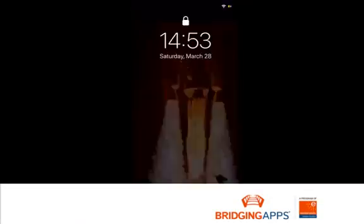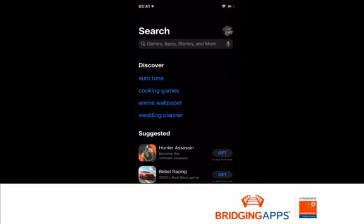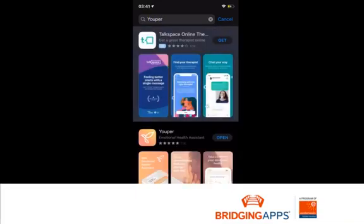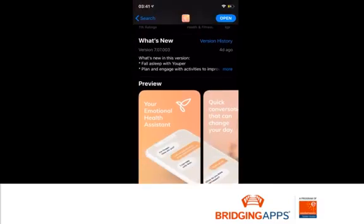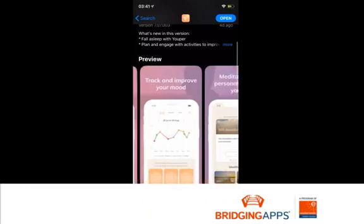For today's tech tip, I'm going to talk a little bit about the app called Youper. Let me switch my screen here. I'm using an iPhone. I'm going to open up the App Store here and type in Youper, Y-O-U-P-E-R. Here we go, search. This yellow orangish app here is the one we're talking about. Youper is an emotional health assistant. I'm going to slide through some of the screenshots here